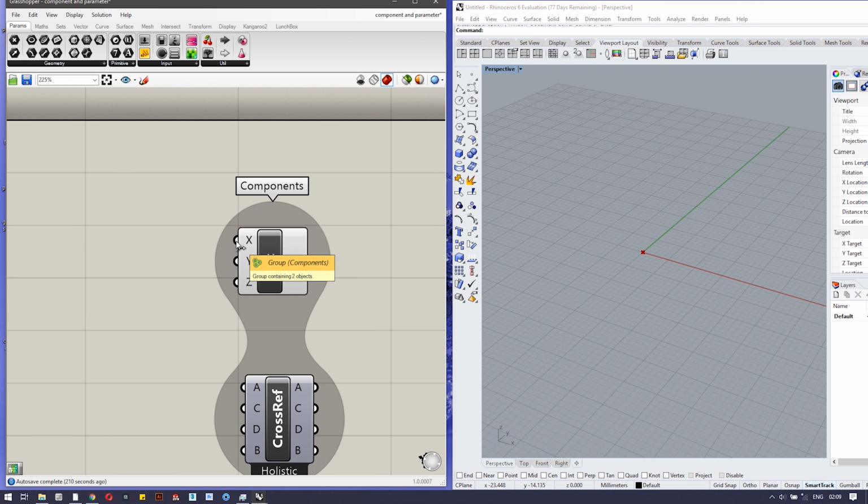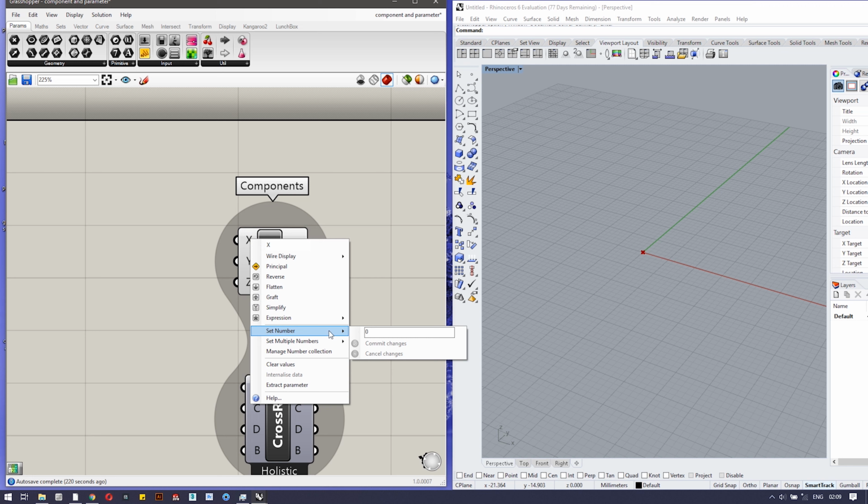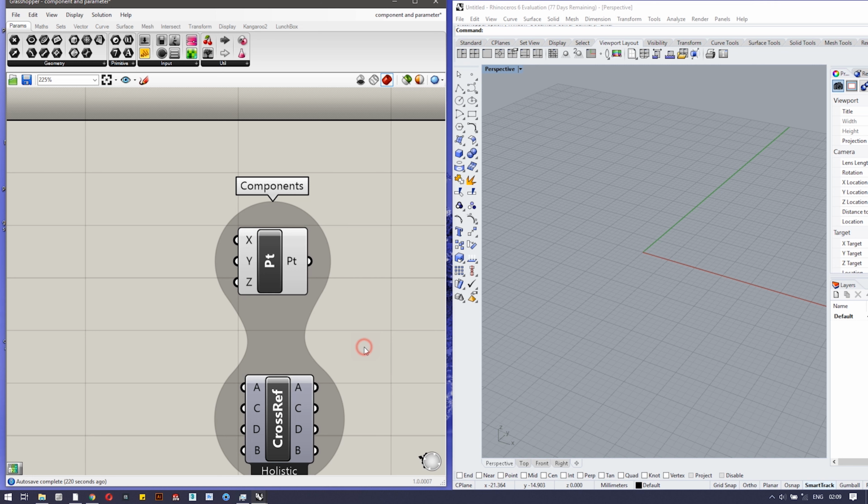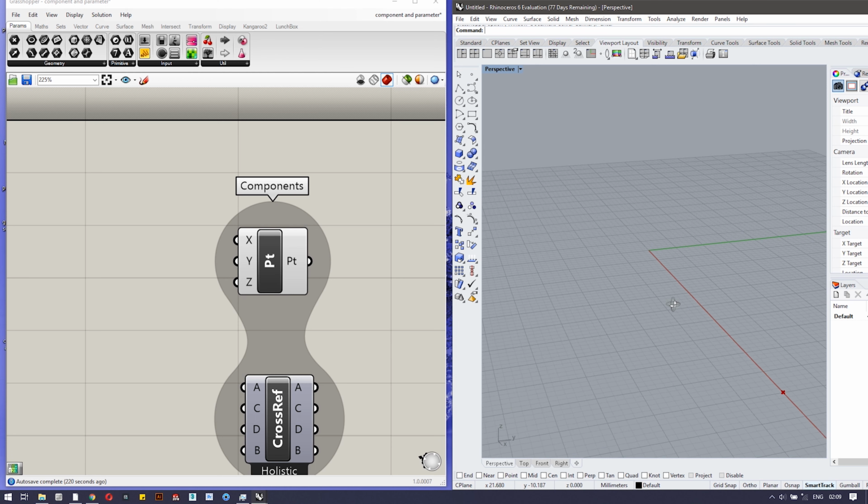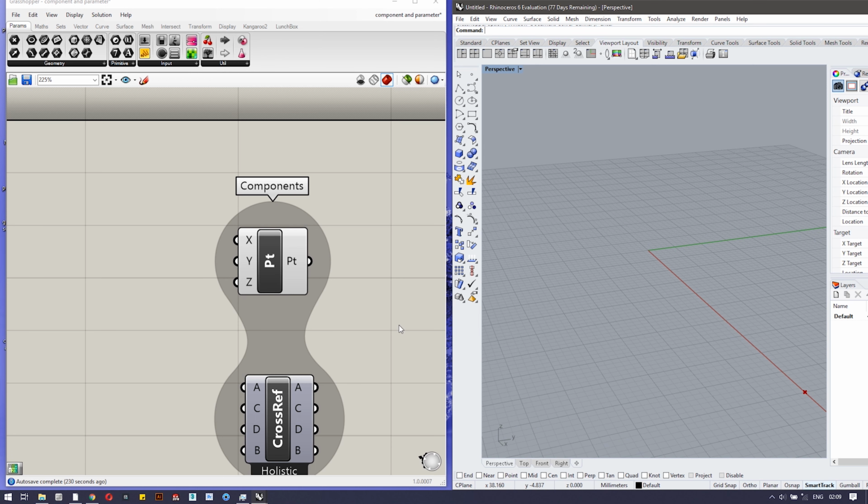You can see the current value is 0, 0, 0. If you want to change the value, go to set number and just type a particular number, and it will shift. Yes, it has moved to 50 now. Here you can see.